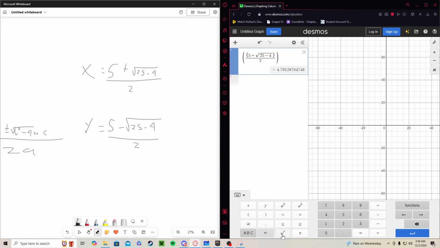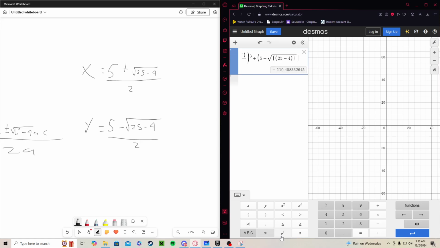And then we'll have this number to the power of 3. And then we add this to 5 minus the square root of 25 minus 4, and then that divided by